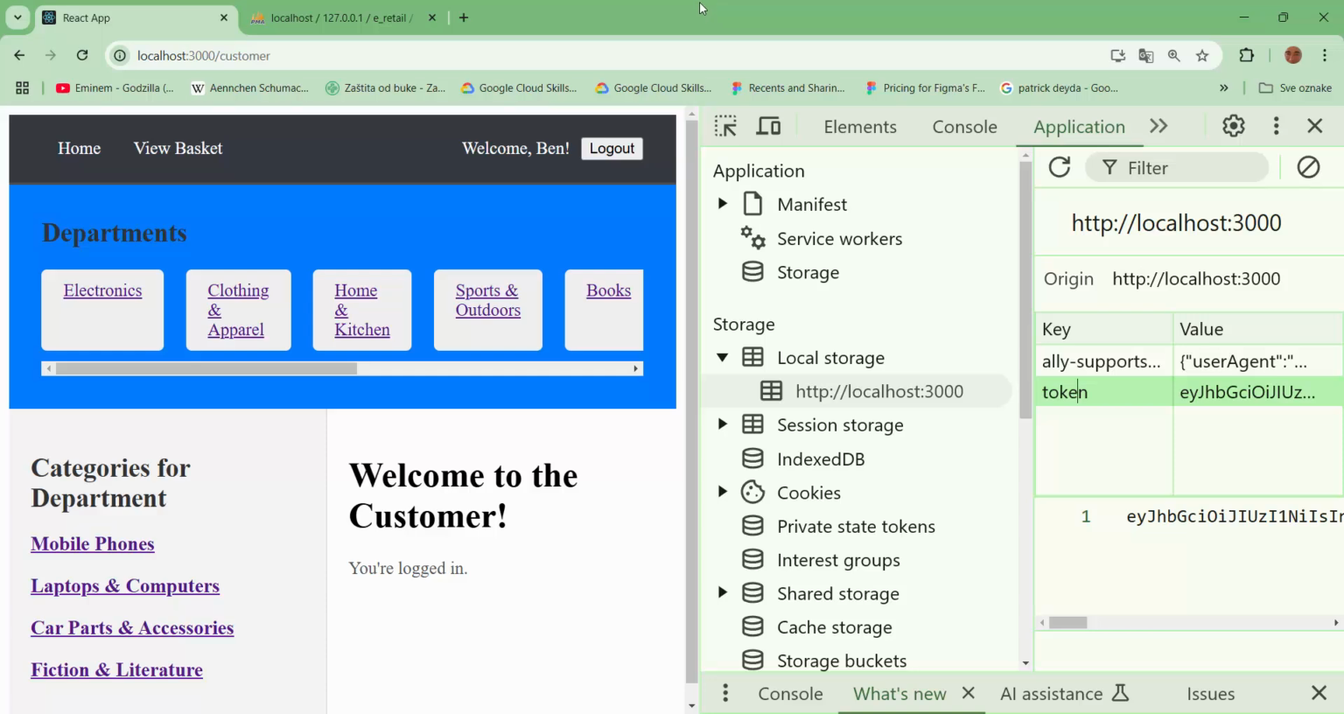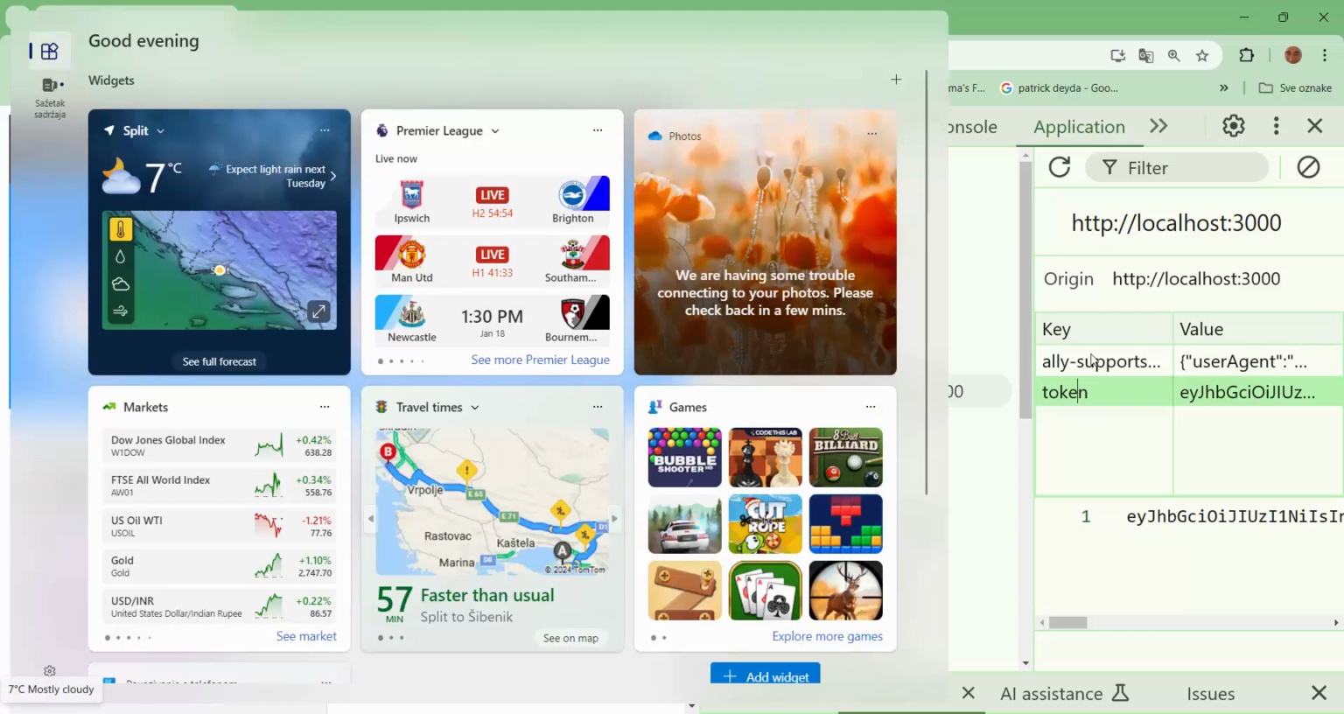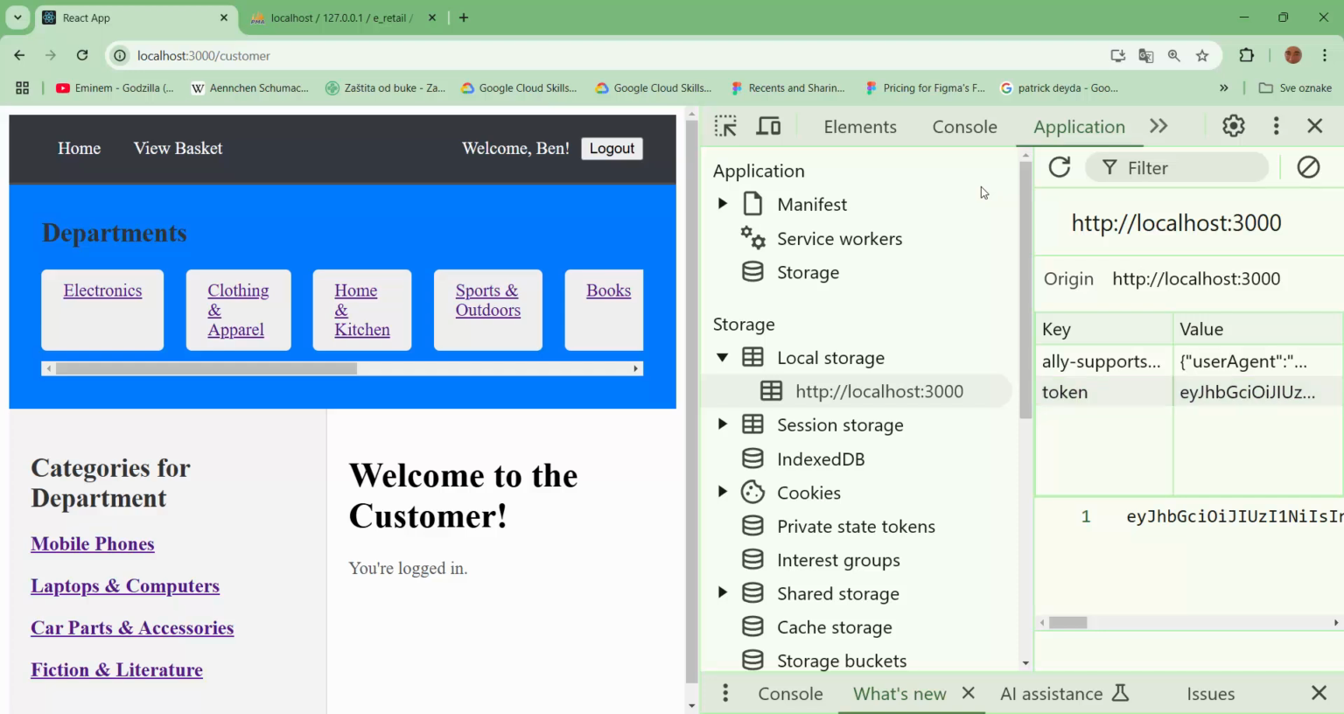Okay, I think that I said what I want in this video, and I hope that you have a panoramic image of what happens here and what we must code for authentication